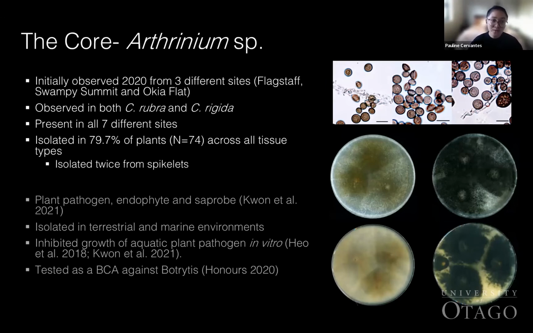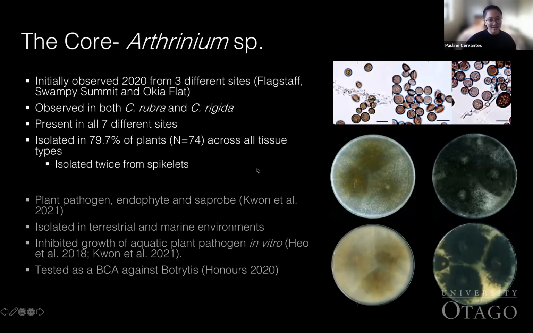So Arthrinium is known to have species which are plant pathogens, saprophytes, as well as endophytes. They're more commonly isolated in terrestrial, but also in marine environments, and their biological activities have also been explored in the literature. It's been used in vitro as a biological control agent against one particular aquatic plant pathogen. And in 2020, I also used a strain of Arthrinium as a biological control agent against Botrytis cinerea, which